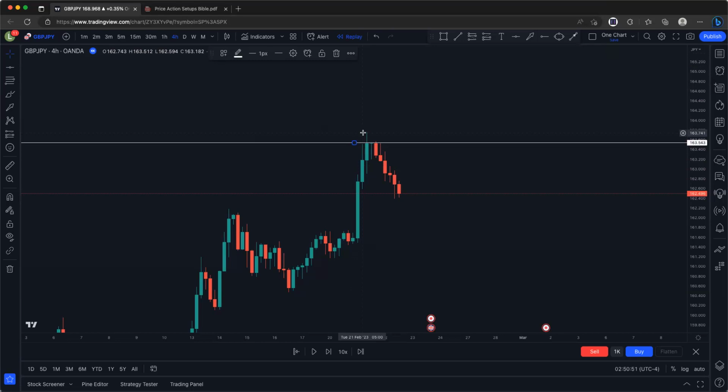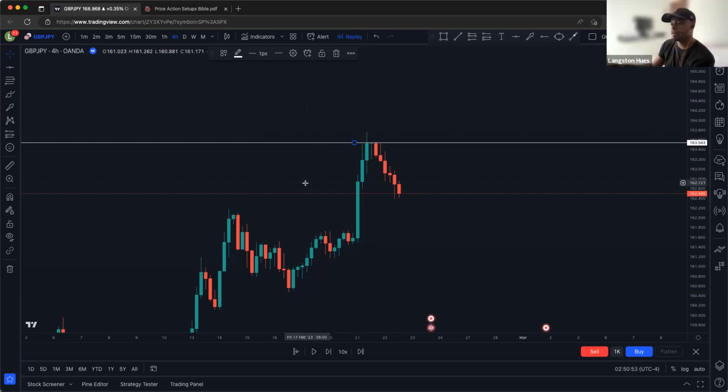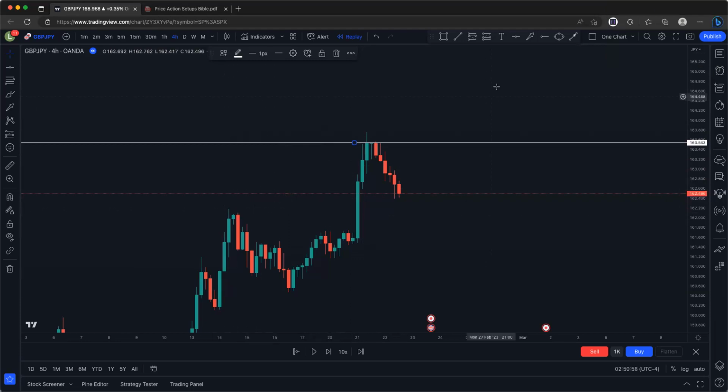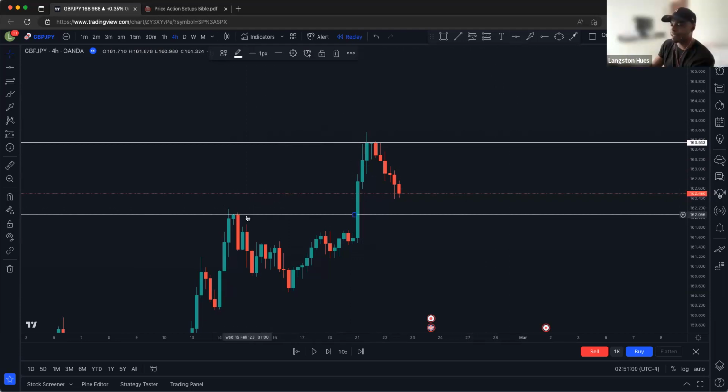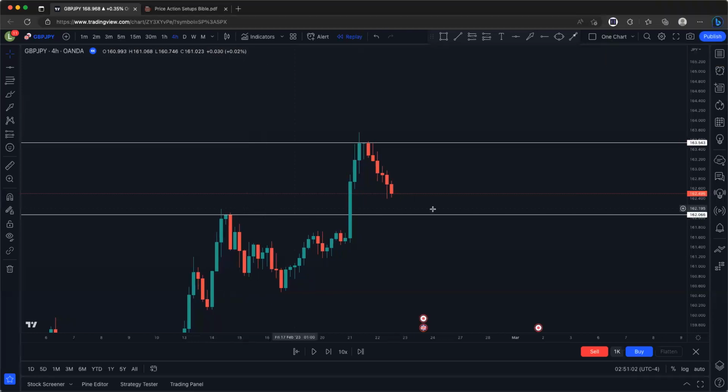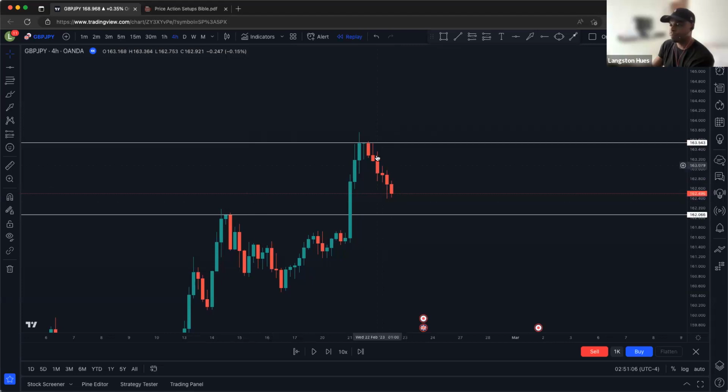Maybe if you move your mouse to the left. To the left? Yeah, more to the left, down, right there. Right here, above, yeah, in that area. Exactly. Because no support is formed here yet, right? This one is just still trying to come down, but there's no support formed yet.